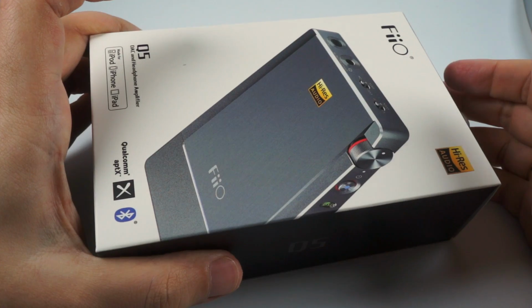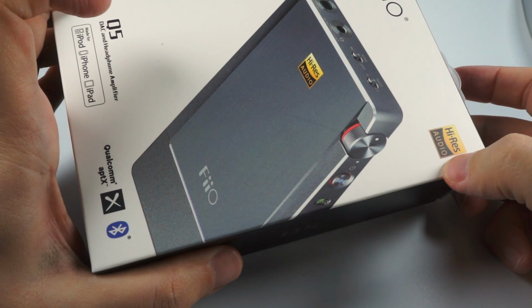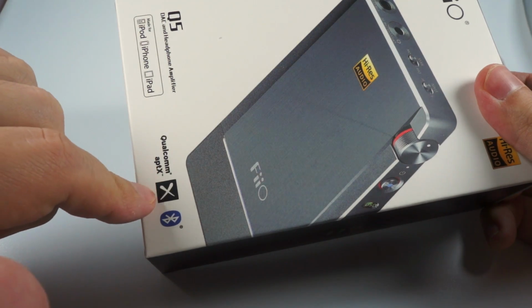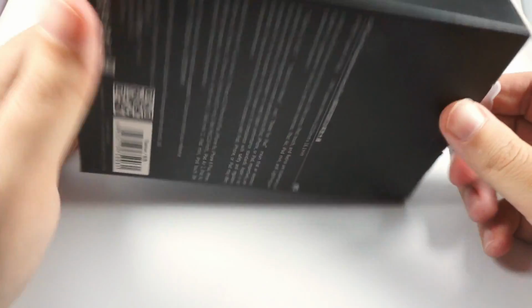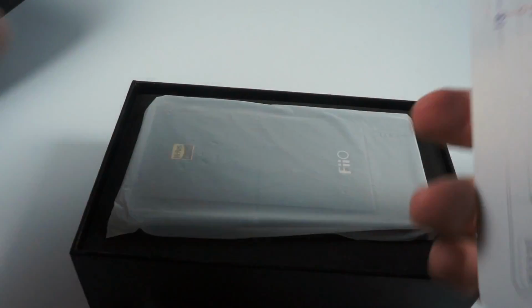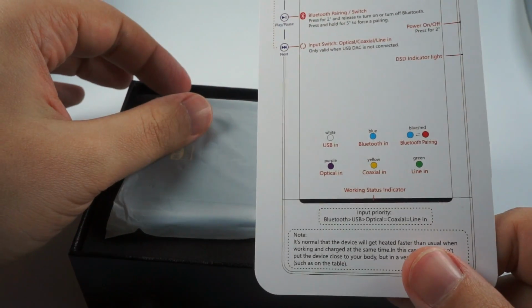The box is traditional for FiiO. Here they put all the 3 certifications they received. So it's a high-res audio certified device, it's certified Made for iOS, and they've also received Qualcomm aptX certification. Traditionally they present this sticker to check whether it is an original device or not. And inside of this box, also pretty expectable, we'll have another box. So a short card with information about controls and LED colors,